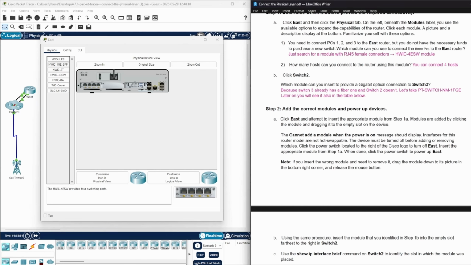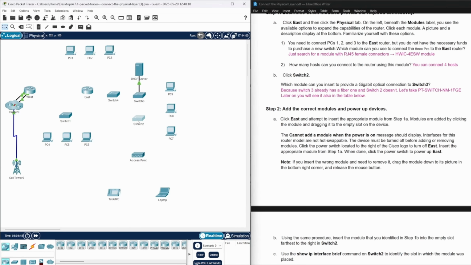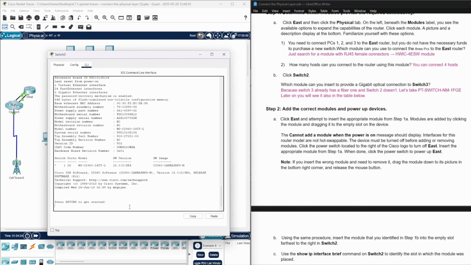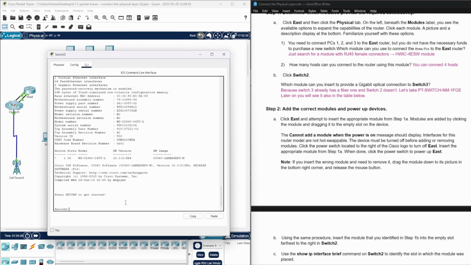So let's minimize this. Go to our switch 2, then CLI. We're in the exec mode. Let's type show IP interface brief. So before I click on enter,